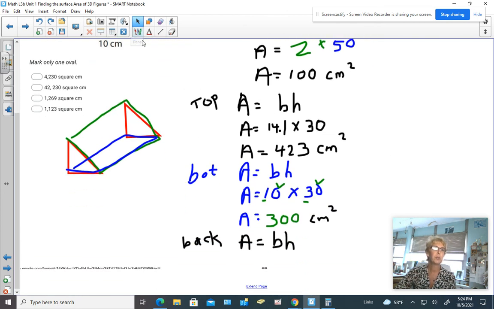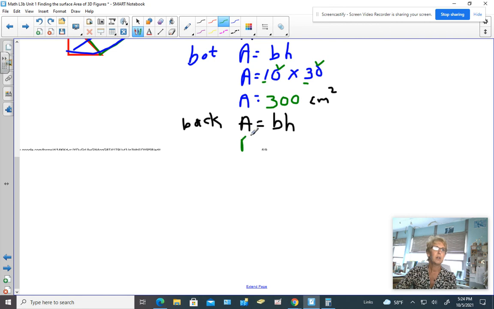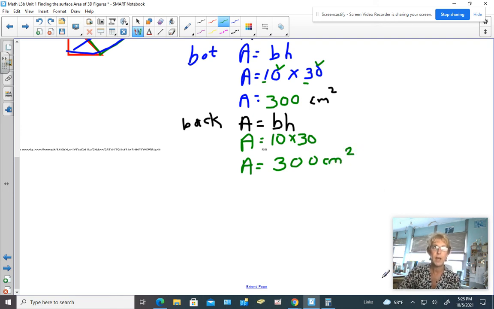Let's substitute in the numbers. Area equals 10 by 30. So in other words, that's kind of the same thing we had for the other one. It's the same shape, and that makes sense because the legs of the triangles are equal, and that would be 300 square centimeters. All right, now to find the surface area of the entire thing, we have to add up